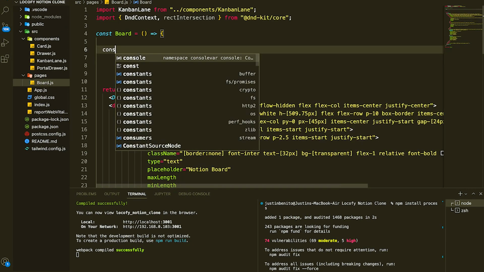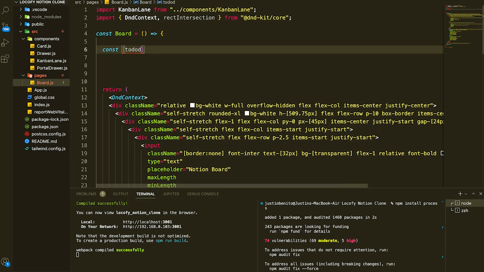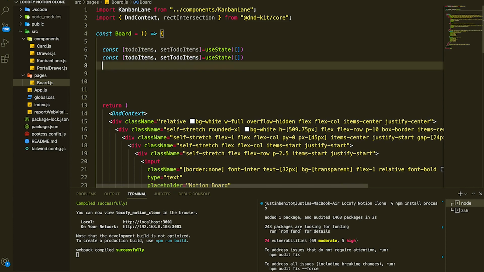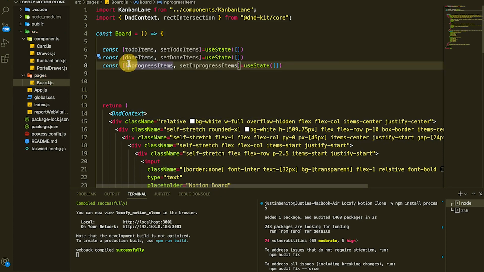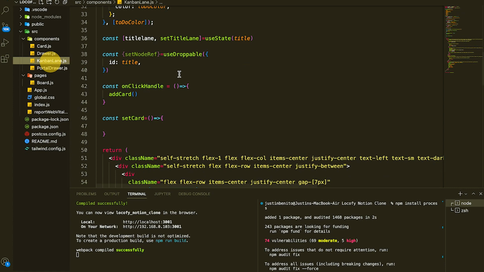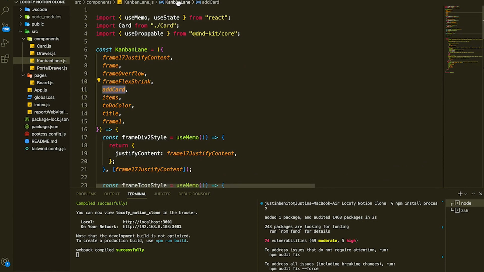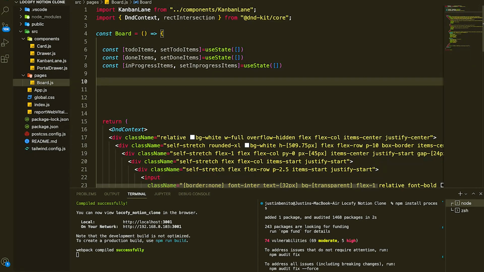Let us have three useState hooks to store the items of the respective Kanban lanes. Let me copy and paste it to make three of them: a to-do list, a completed list, and in-progress elements. Let me have everything in camel case. Now if you remember, we had added a prop in the Kanban lane component called add card. So we must define the add card function over on the Kanban board. And since we have three lanes, we have three add card functions. First we have the add to do